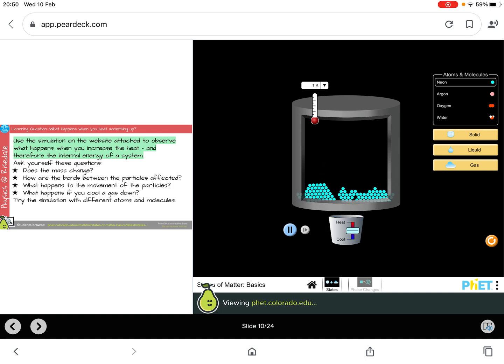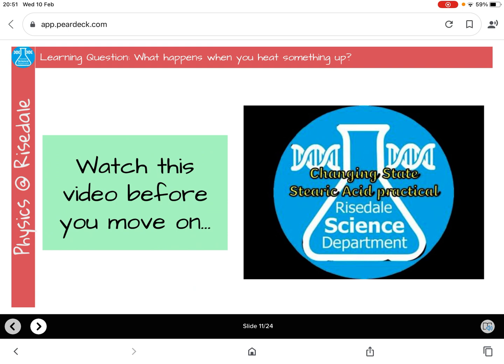And it's back to being a solid. So you can cool gases right down into their solid form. Okay. Slide 11 had a video showing you how I set up an experiment to show the change of state